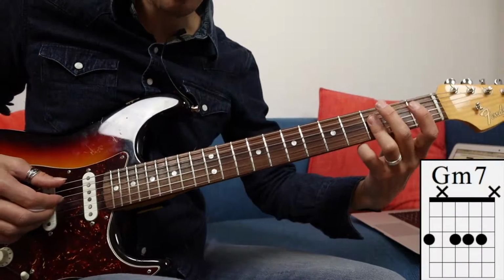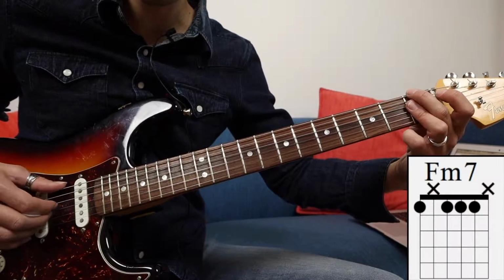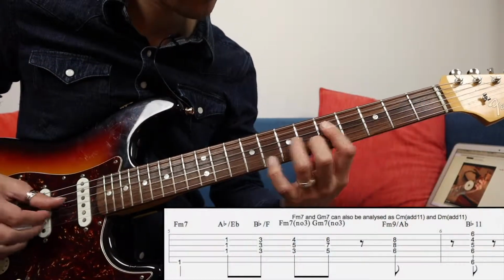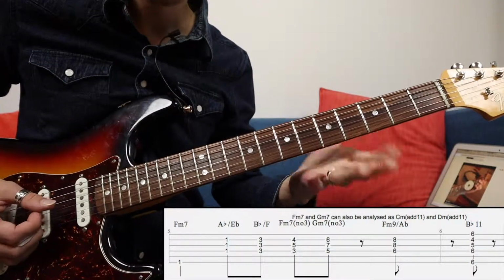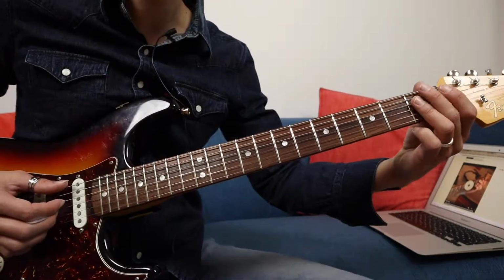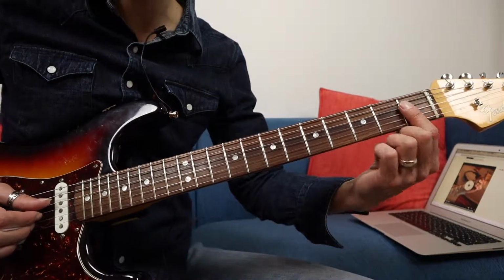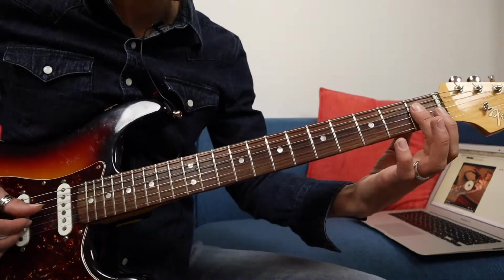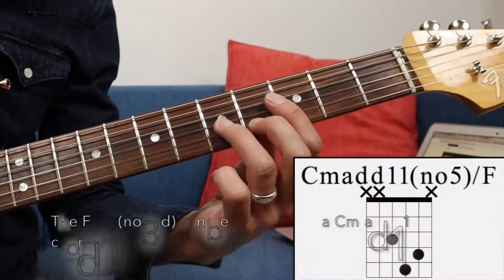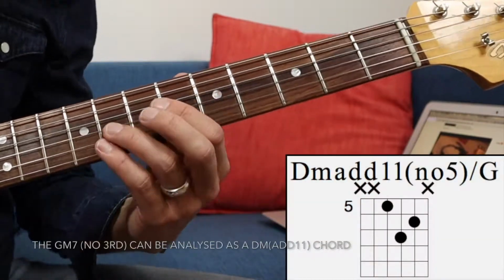What's that? It's G minor 7 going down chromatically to F minor 7. And then I play. Okay, what's this? I'm just going up the scale. I'm playing this over an F minor 7. So over F minor 7 we can play F Dorian scale. So I'm going up the F Dorian scale. A flat triad to B flat triad to F minor 7 to G minor 7 to F minor 9